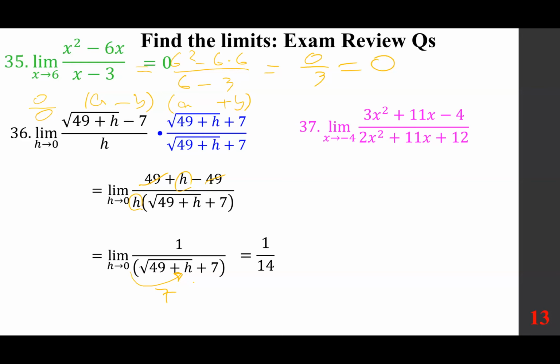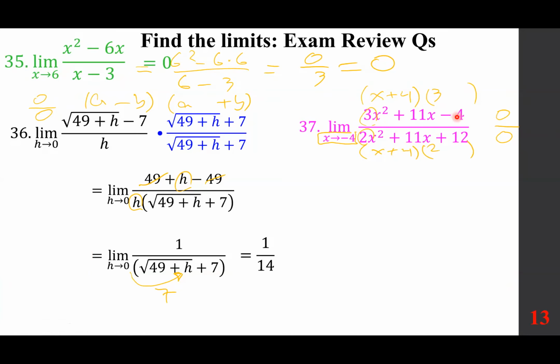If we plug in for number 37, we get 0 over 0, but the best course of action is to factor out. Because you get 0 over 0, and because x is approaching negative 4, we should have a factor of x plus 4. So you already know that you have a factor of x plus 4. And since this is 3, you need 3 here. Since this is 2, you need 2. So you can easily figure out what happens by